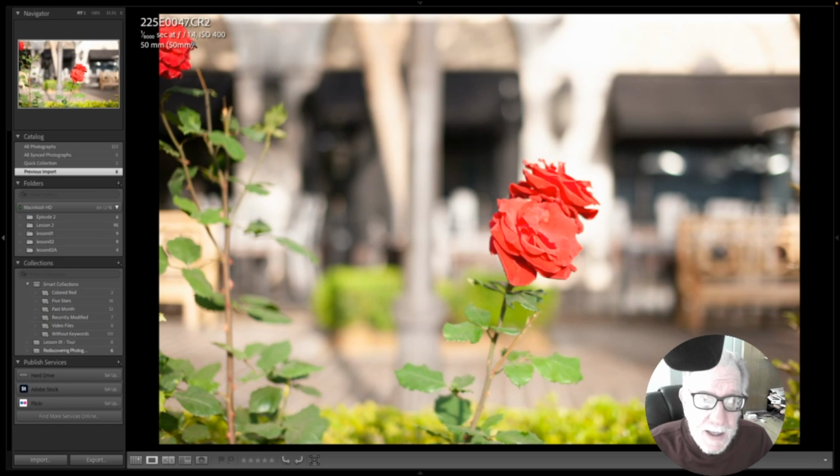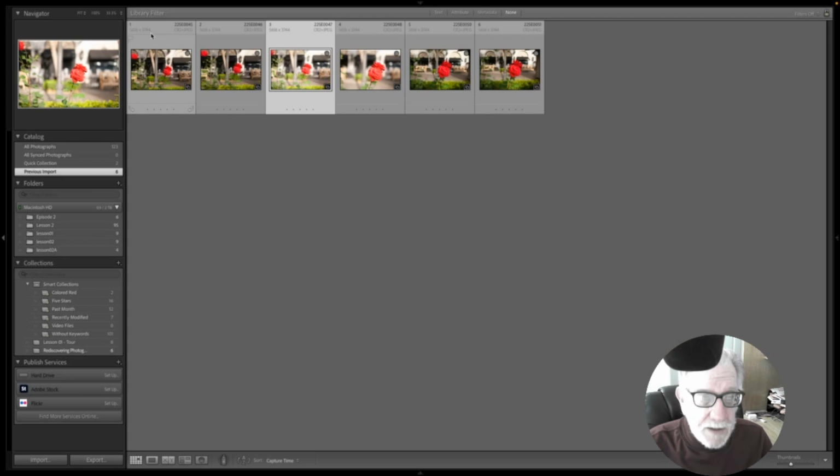And as you can see now, the background is not really distracting at all, and the rose is just popping right out of the picture. This is what you can do with your f-stop. But if you remember correctly, I took one more after that, where I got a little bit closer,